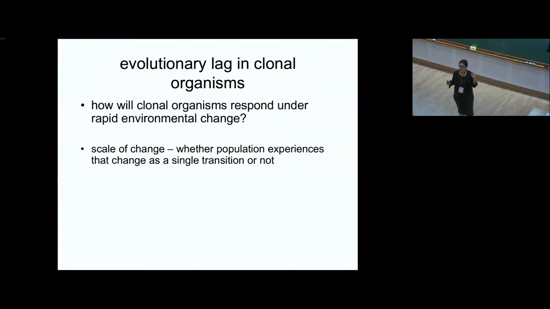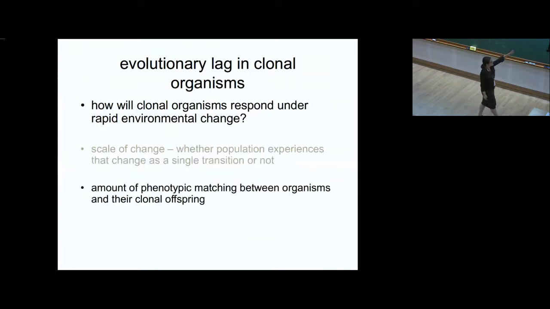And so for lots of the processes that we often think of, maybe environmental change is very slow compared to the experience of the organisms. But for things like climate change, and also organisms that find themselves in new environments, invasive organisms, the scale of change can be very fast. But that's also going to depend on the generation time of the organism. So we can think of organisms that have very long generation times versus organisms that have short generations.